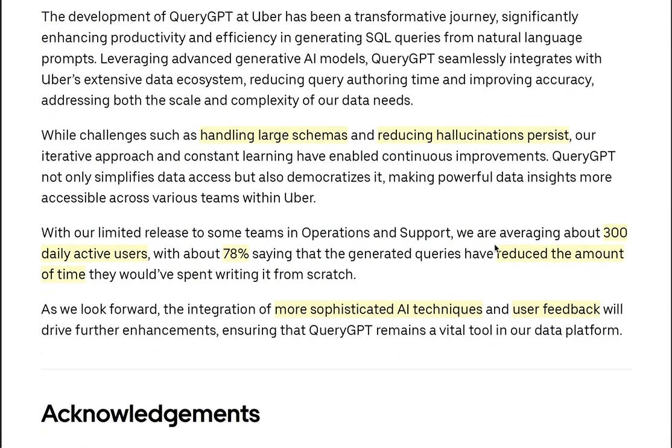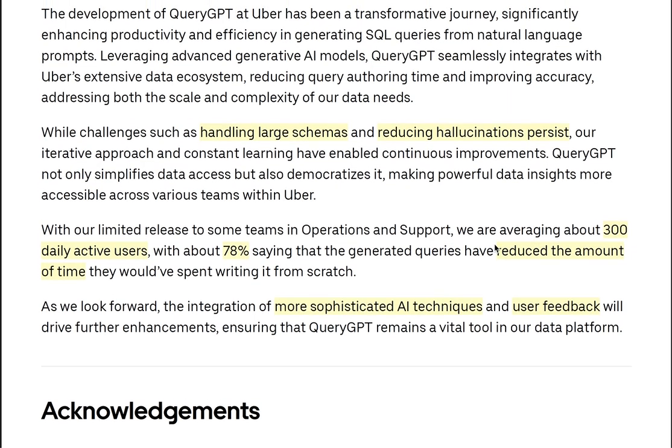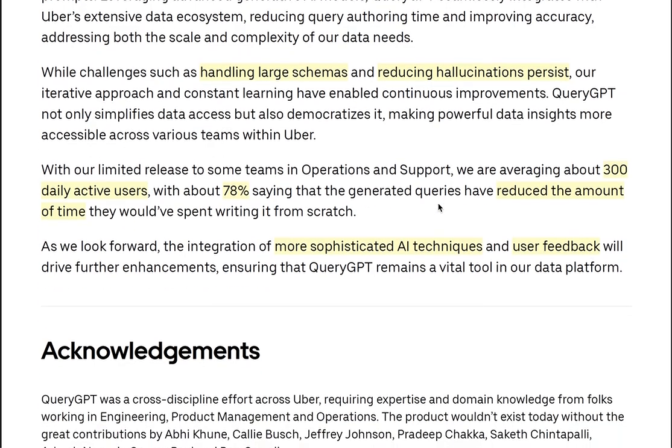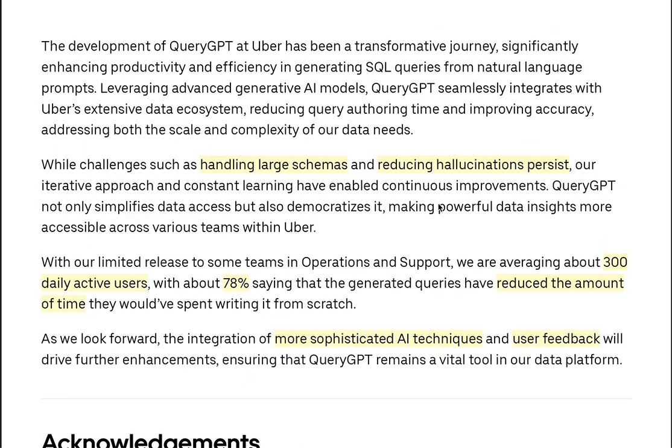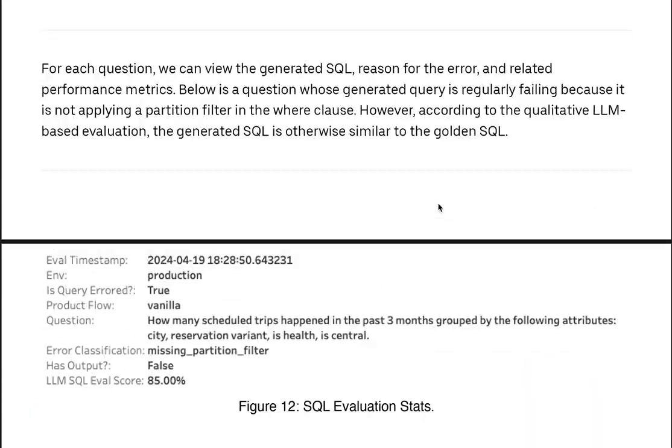So, talking about how this actually proved to be a success or not, they mentioned that on an average they are getting 300 daily active users, out of which 78% are claiming that yes, this particular tool helps them to reduce the amount of time they spend writing SQL queries from scratch. So yeah, this was about the entire solution. Just summarizing at the end,